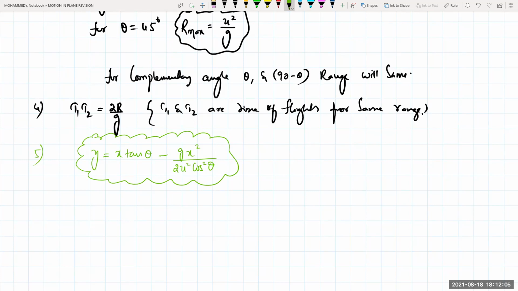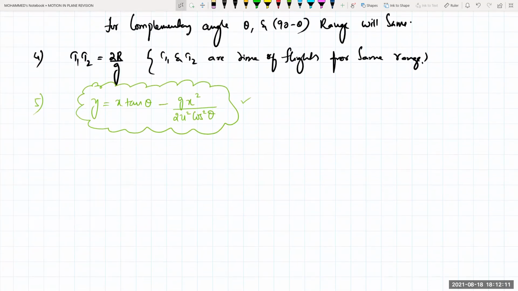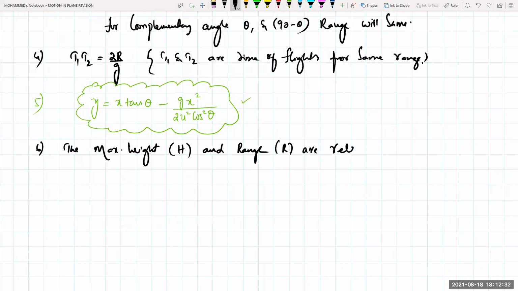99.99% of the problems of motion in plane projectiles you can simply solve by this one single equation. I'll tell you how. Next, one more important formula which you need to remember: the maximum height, capital H, and the range, capital R, are related as